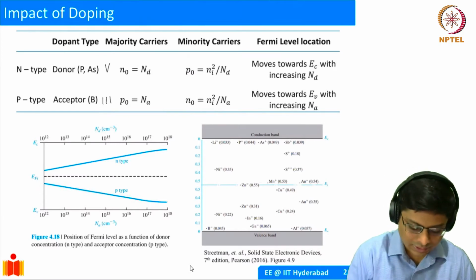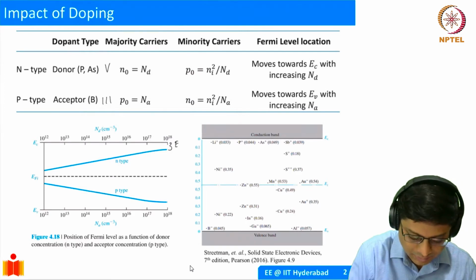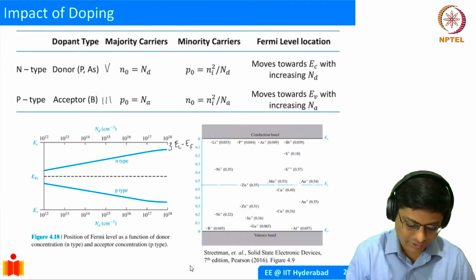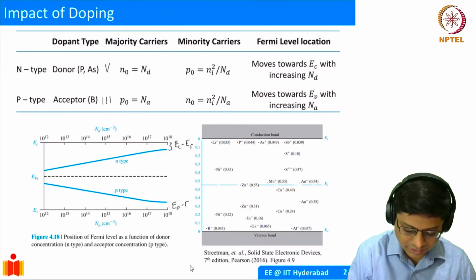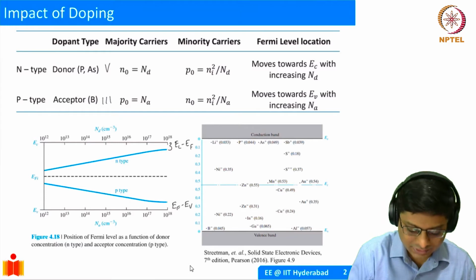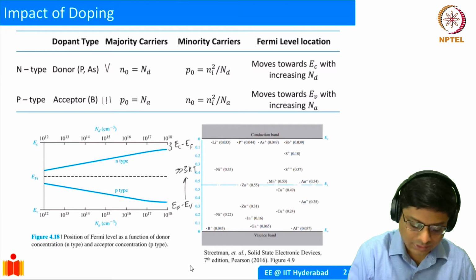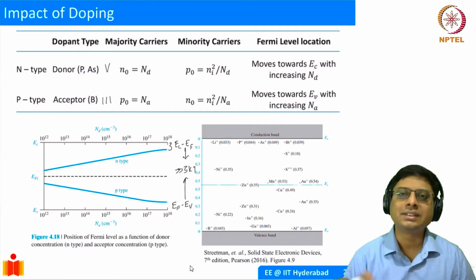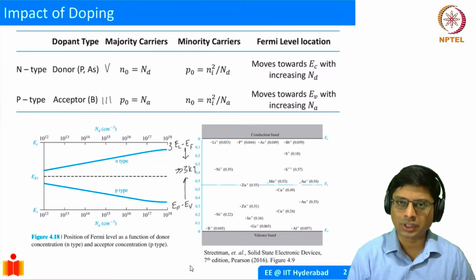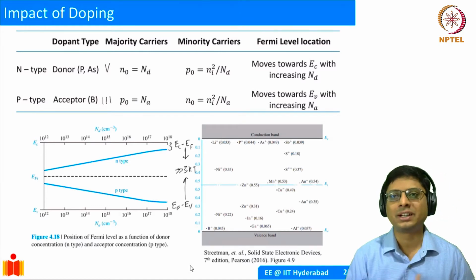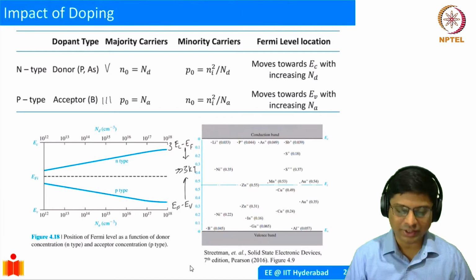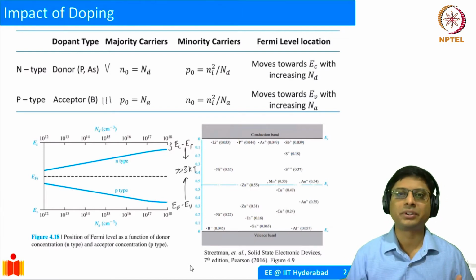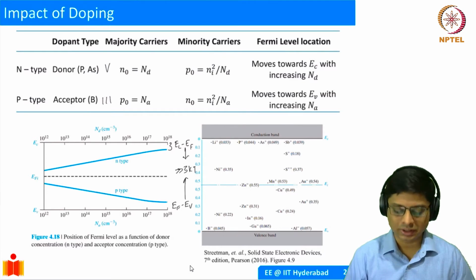We also noted that this difference, EC minus EF in the case of the conduction band and EF minus EV in the case of the valence band, is very, very important. We said that these numbers should be greater than 3 kT. The reason is that if the Fermi level is closer than 3 kT, then we say that it's a degenerate doping level. We don't like it. The expressions we give are only valid for non-degenerate doping. When you have non-degenerate doping, we are okay. Otherwise we have to take additional expressions and it becomes a little bit more complicated. We won't deal with that.